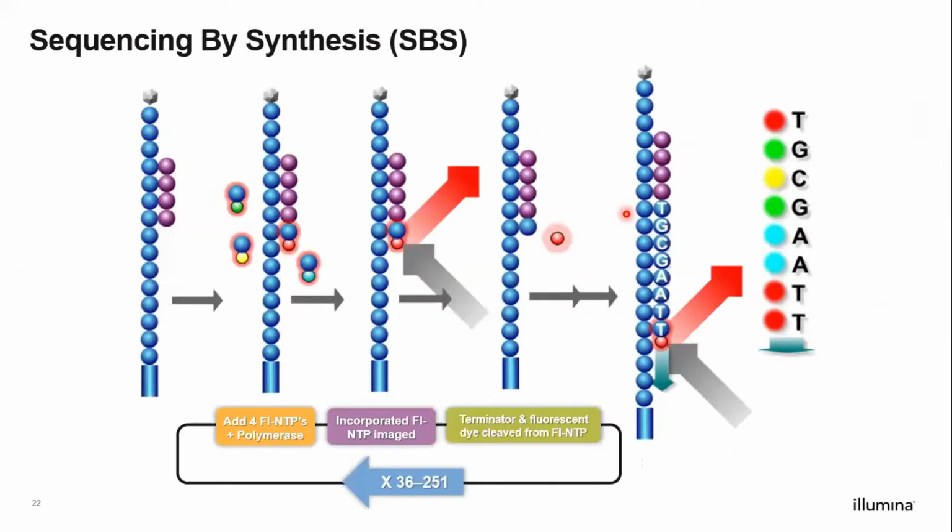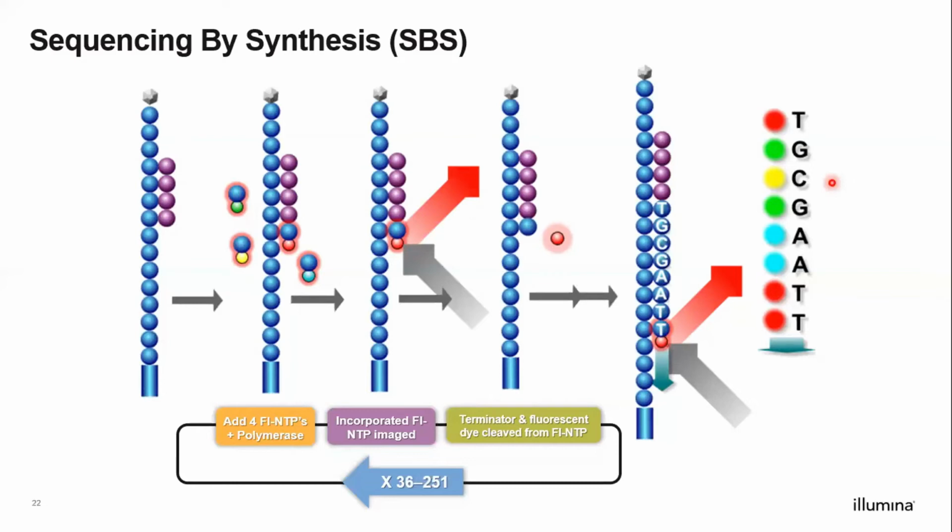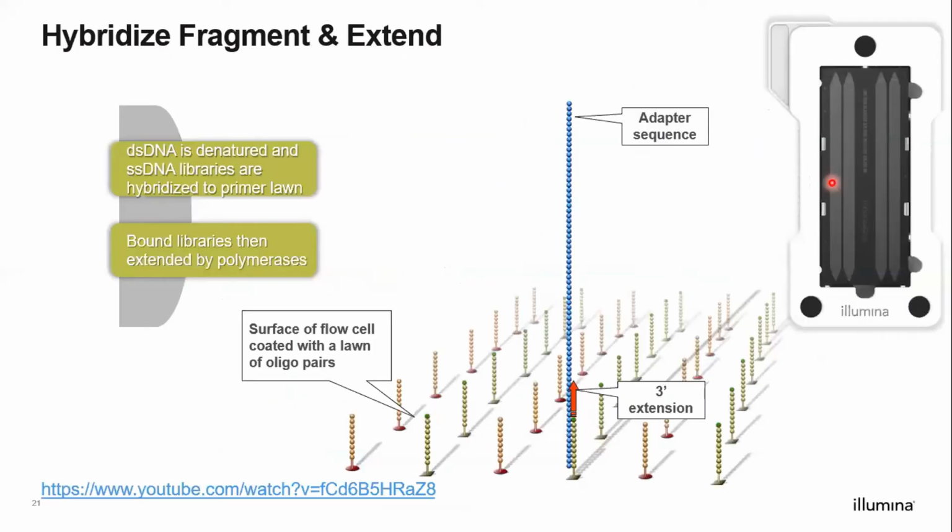The proprietary technology that Illumina follows is called sequencing by synthesis, which means every nucleotide in the sequencing is tagged with a fluorescent label, and once they get incorporated into the growing strand, they emit signals which are detected by a laser. So it's base by base sequencing, which means it gets robust data quality. All these things I'm showing happen inside the machine, so there is no manual interference. Udit will explain it in more detail in his part of the presentation.